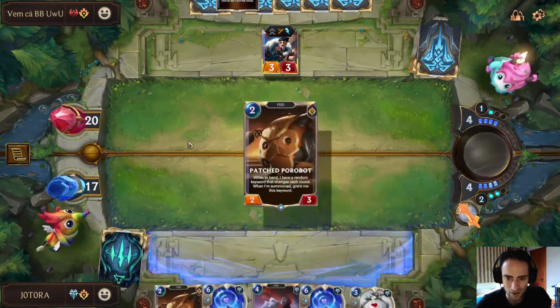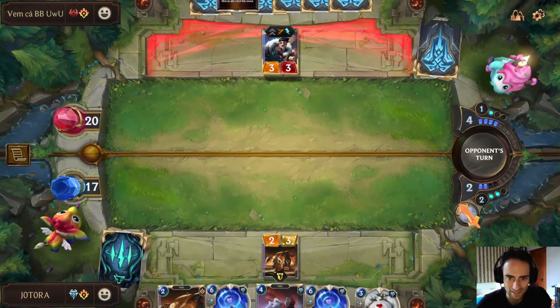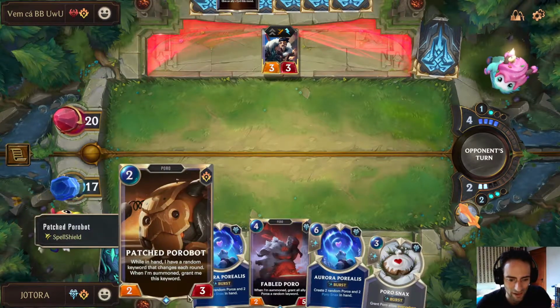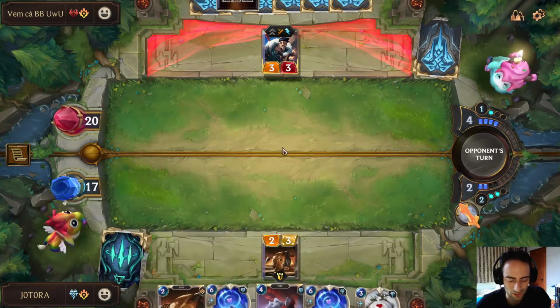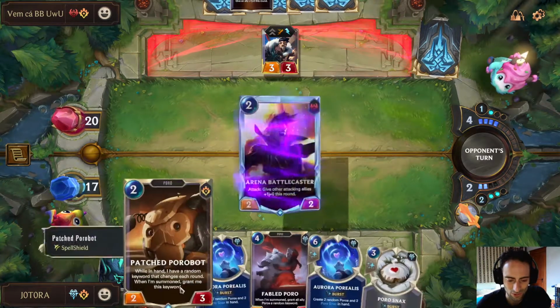I don't think I can not play stuff out, so we're gonna go for it. This technically blocks Draven if he doesn't spend a Spinning Axe. We also have a Poro Snacks in hand, so... Spell Shield's a pretty powerful keyword too, so we'll just...